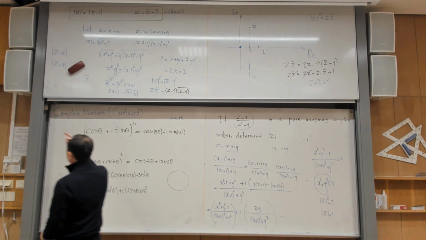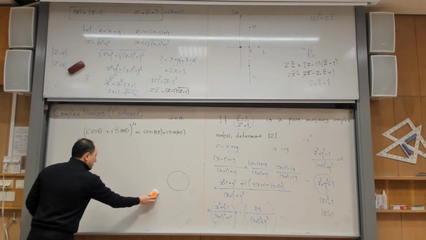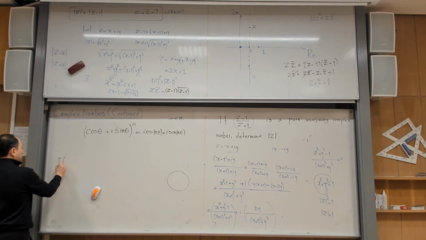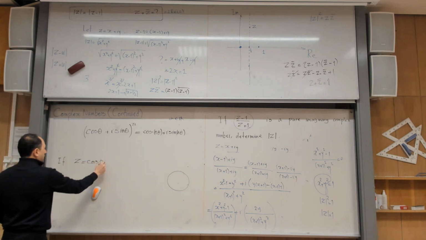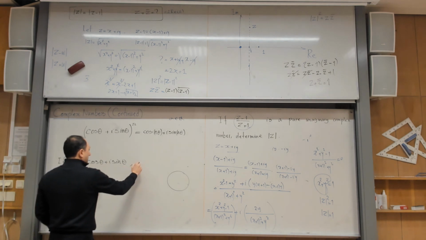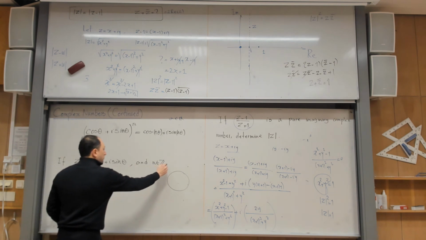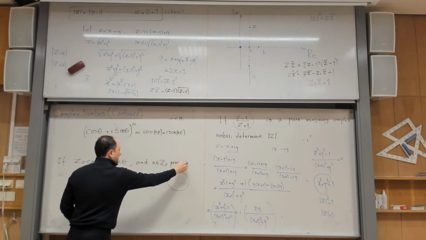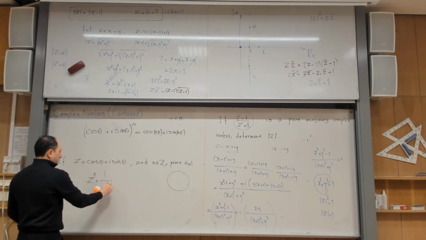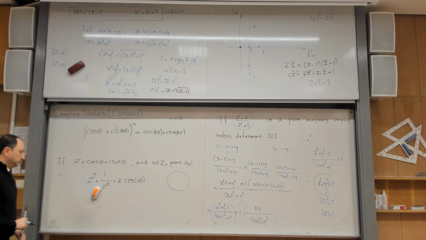But now I just write an equation for you. You can think about it yourself. We will not have time to solve it. So this is De Moivre's formula. Now I am telling you that if z is equal to cosine theta plus i sine theta, it's very simple, by the way, and n is an integer, prove that z to the power of n plus 1 over z to the power of n is 2 cosine n theta. Okay.